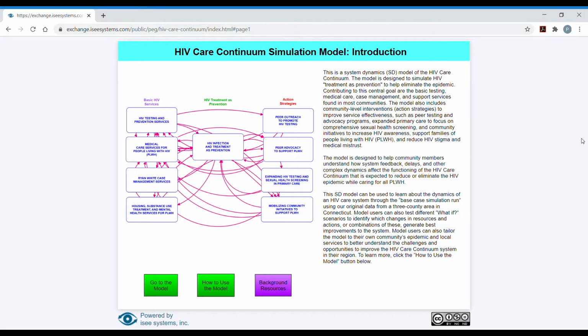The image shows the 9 different interconnected modules in the full HIV Care Continuum System Dynamics model. These include the central HIV infection and treatment as prevention module, the 4 basic services modules, including HIV testing and prevention services, medical care services for people living with HIV, Ryan White case management services, and housing, substance use treatment,